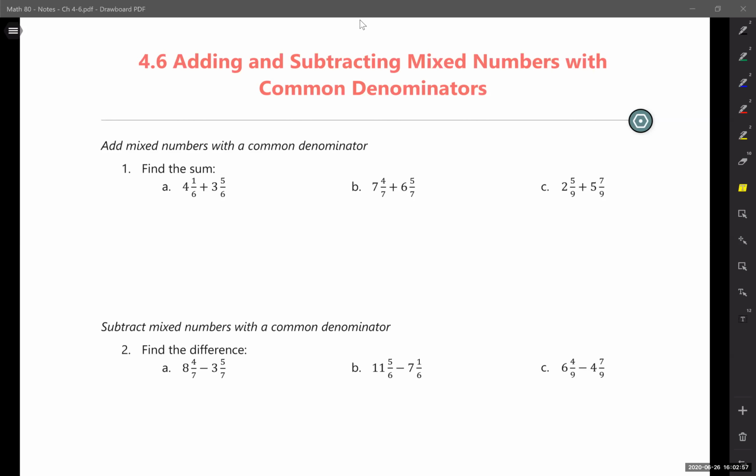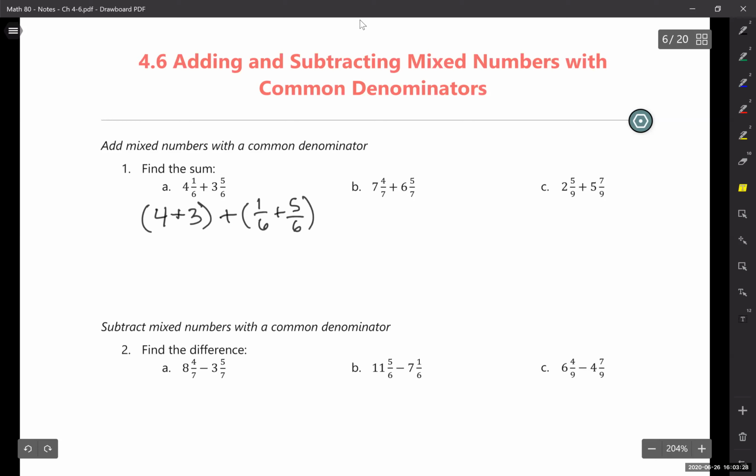So for the first example, we have 4 1/6 plus 3 5/6. And when I say that, I'm saying the "and" in between because it's the partial part of the number. And so what we can do here is add the whole numbers, and you don't necessarily need to write this down every time. This is just what you're thinking, but I like to write it down at least the first time to see what's going on. So we have 4 plus 3, and then we have 1/6 plus 5/6. So I'm just rearranging how everything's written, and I'm grouping together the parts that will be added in our head